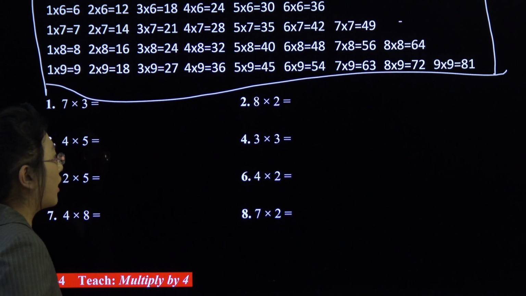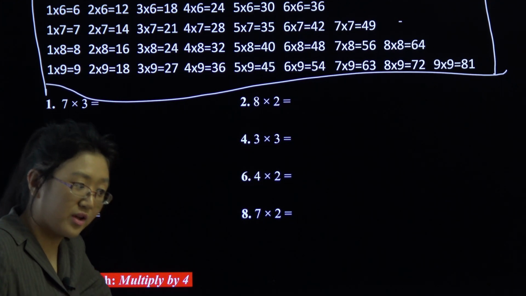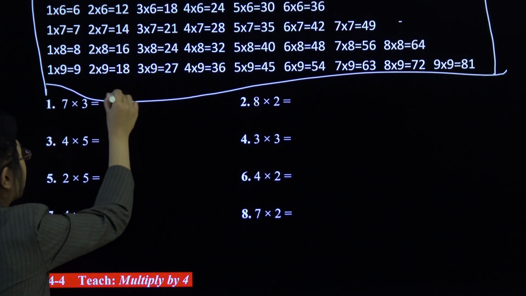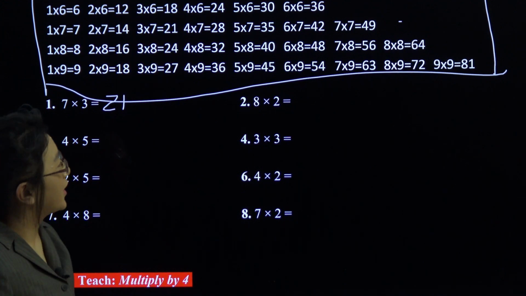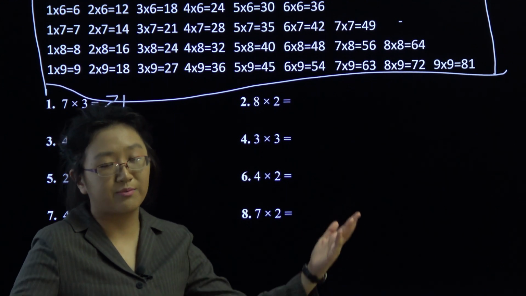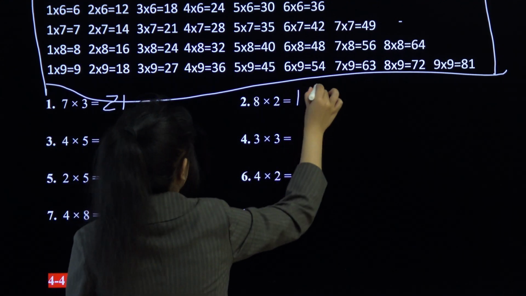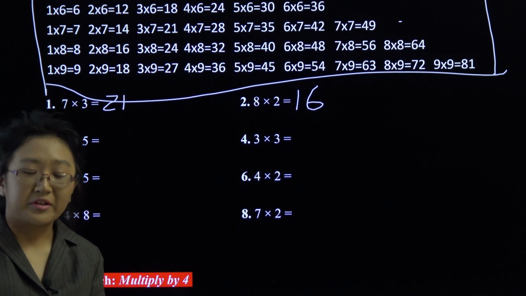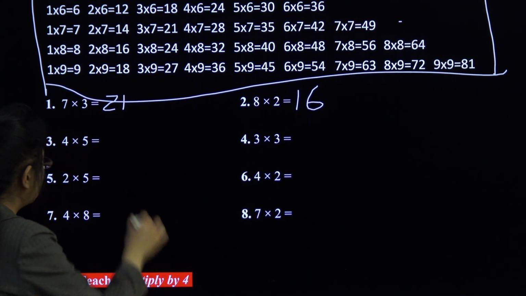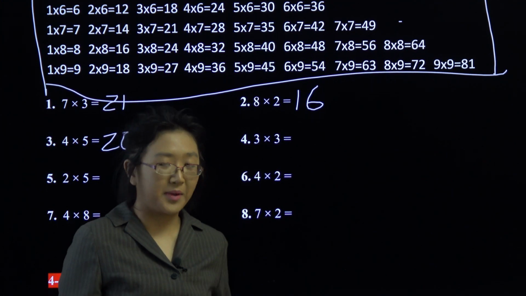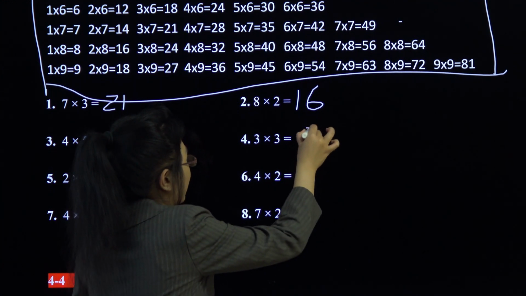7 times 3 is also equivalent to 3 times 7 because of the commutative property of multiplication. And 3 times 7 is equal to 21. It says so up here. 2 times 8 over here, or 8 times 2, commutative property, the order doesn't matter, 16. 4 times 5 is somewhere up there, and 4 times 5, for your information, please, guys, print out a multiplication table, is 20. 3 times 3, 3 groups of 3. If you want to skip count, it's 3, 6, 9. It's 9, but